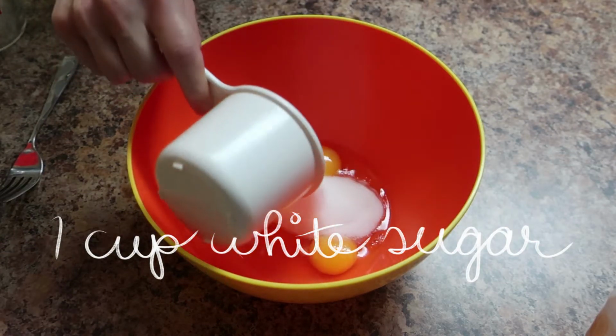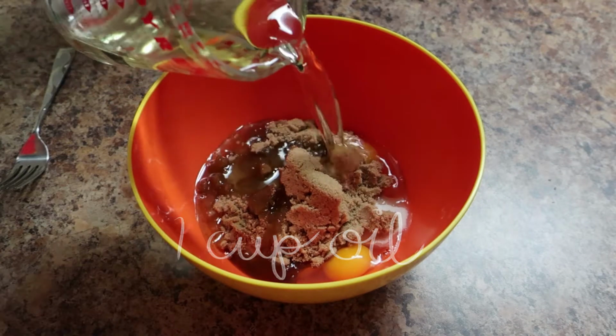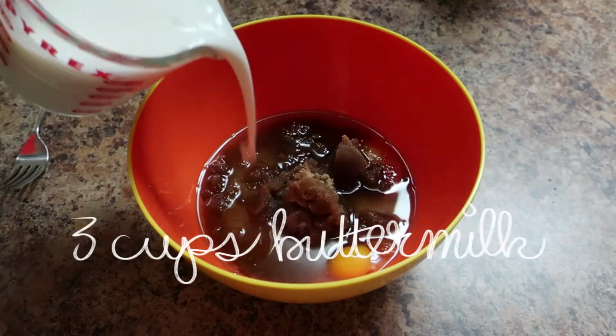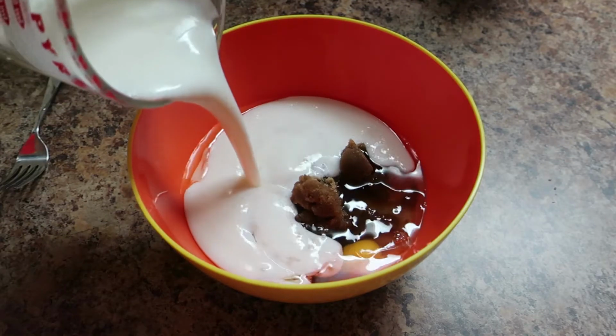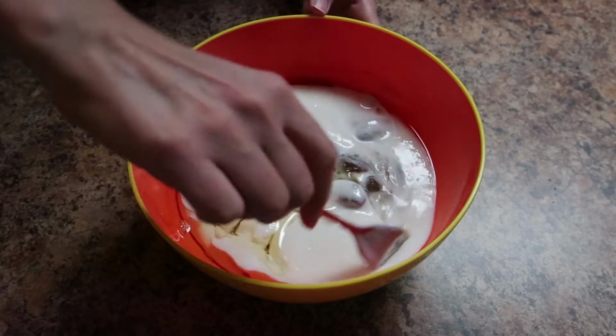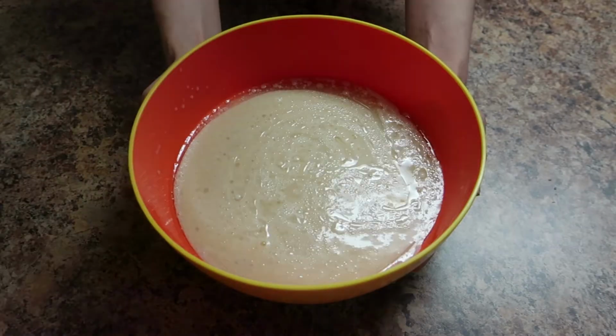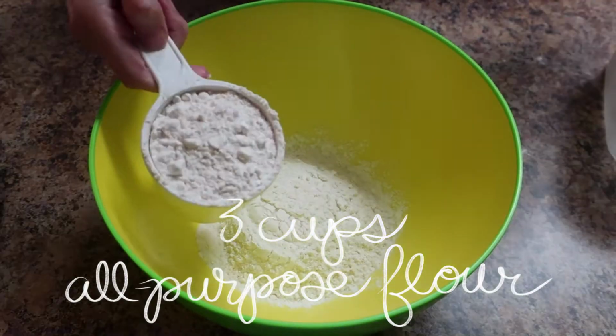1 cup white sugar, 1 cup brown sugar, 1 cup oil, 3 cups buttermilk, 3 cups all-purpose flour,